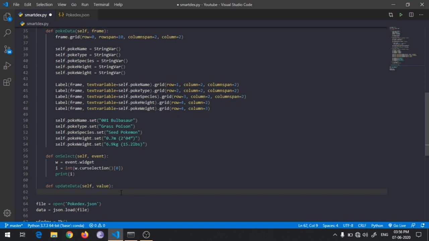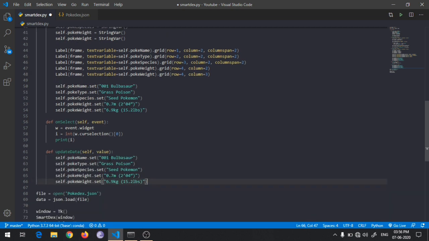I will copy this, but this time I will delete these values, so the value and the key.